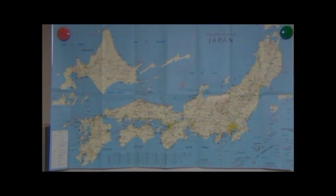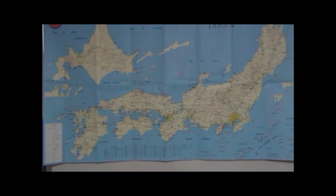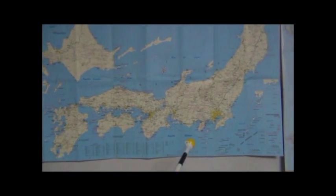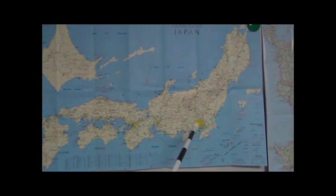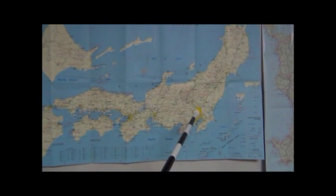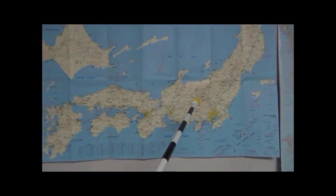This is a map of Japan. We have 3 days to enjoy countryside. We are here, center of Japan, Tokyo. We'll take a flight from here